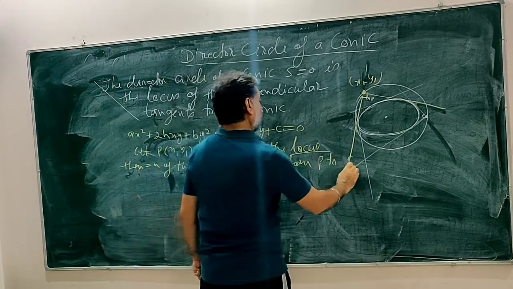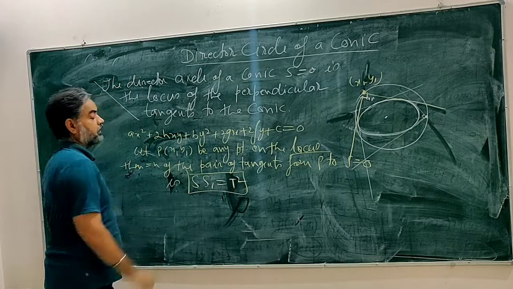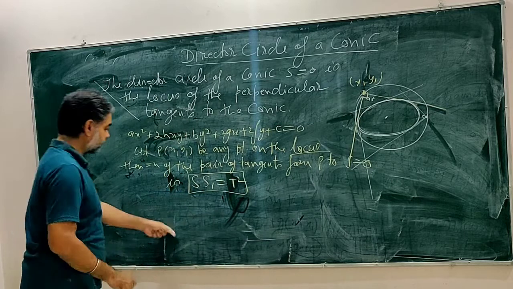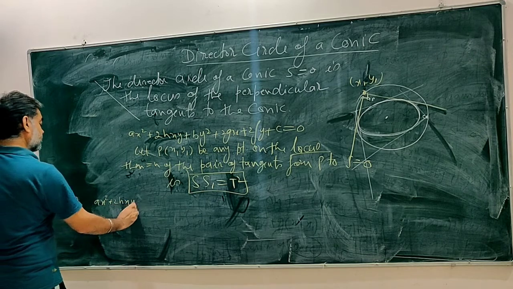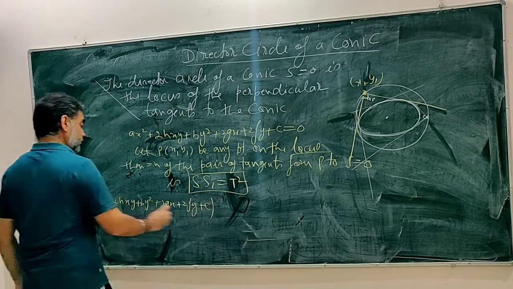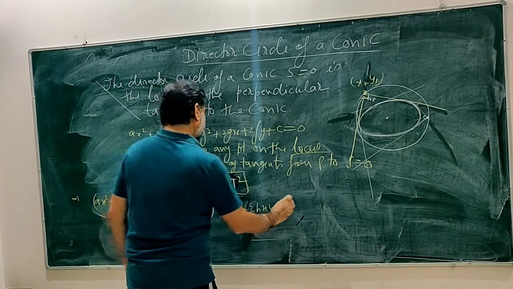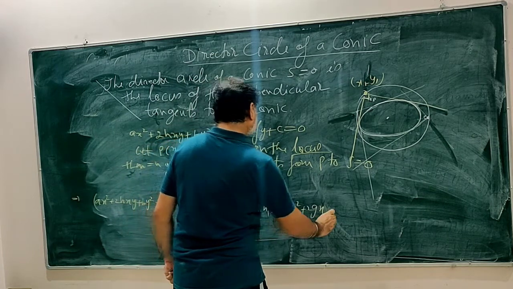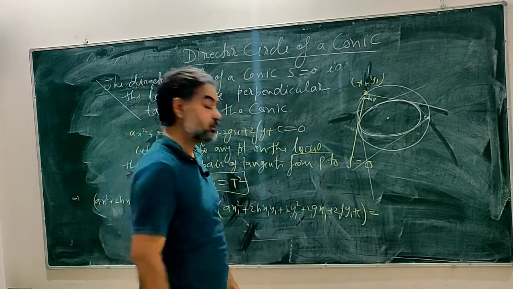from P to S = 0 is SS1 = T square. Okay, this we have already done. The joint equation of these two tangents is given by SS1 = T square. So what is S? S is ax square plus 2hxy plus by square plus 2gx plus 2fy plus c. S1 is ax1 square plus 2hx1y1 plus by1 square plus 2gx1 plus 2fy1 plus c. And what is T? T is